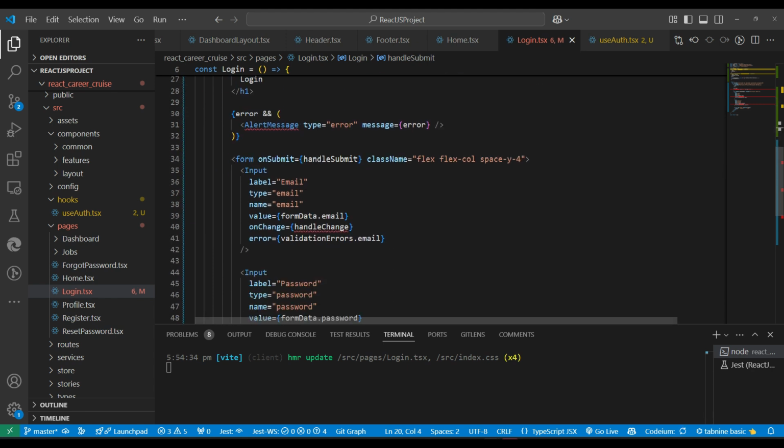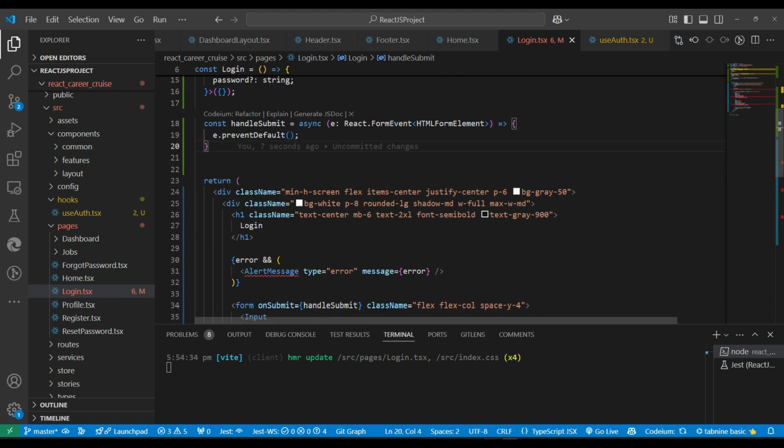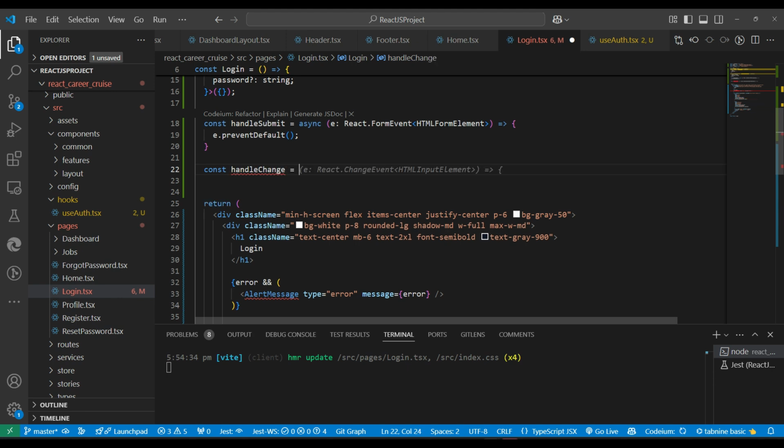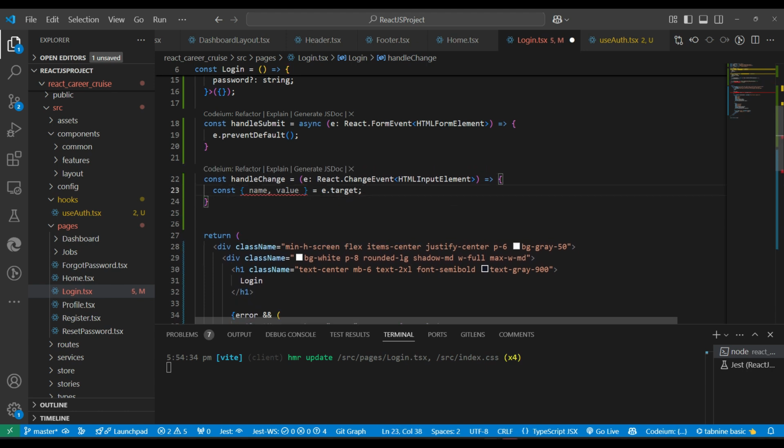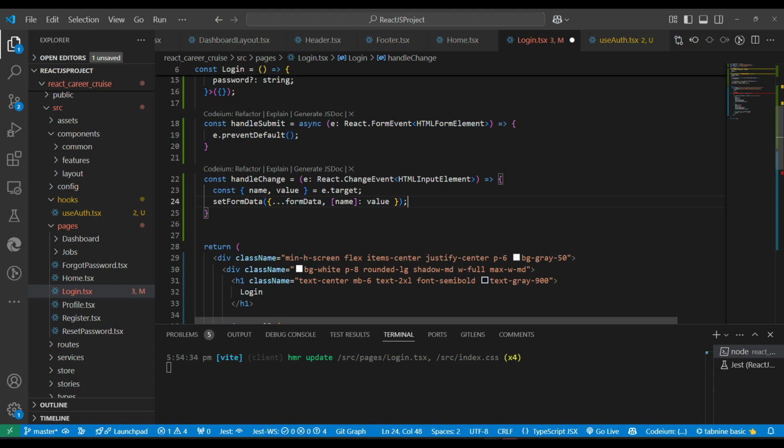We have one more, that is called handle change. Handle change, we need to make a function very similar to what we made earlier. We have HTML input, this is correct. We will get the target and the value. This one is also fine. After that we need to set the form data,